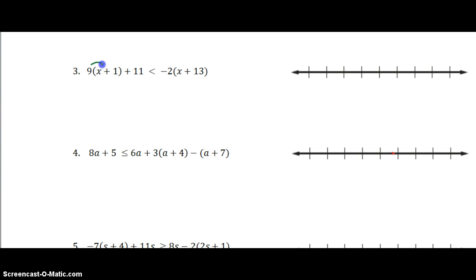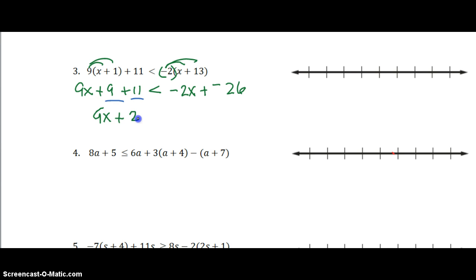Distribute your 9. 9x plus 9 plus 11 less than... Distribute that negative 2. I say give poor negative 2 a hug, so you'll remember that the negative goes with the 2. So it's plus a negative 26. Combine like terms. 9 and 11 can be combined, and that makes 9x plus 20 less than negative 2x plus